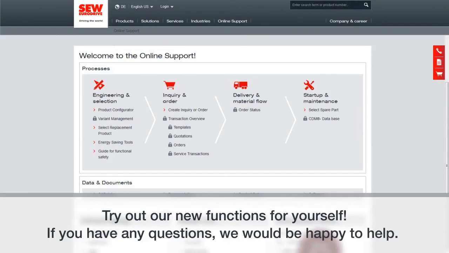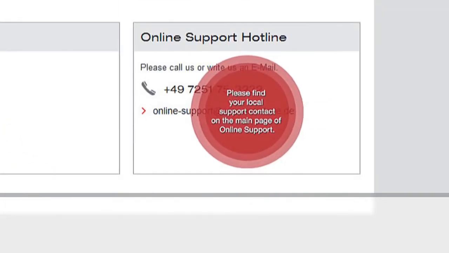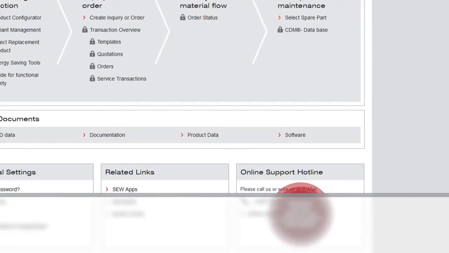Take the time to try out the new functions for yourself, and if you have any questions, please feel free to reach out to us. We're happy to help you with our online support hotline. That information is found at the bottom